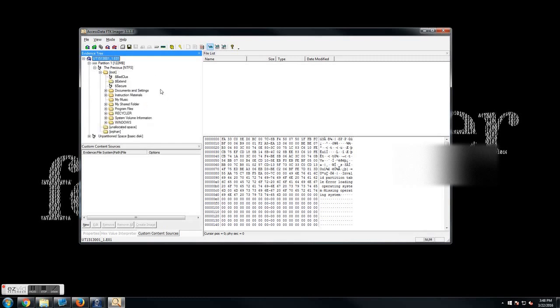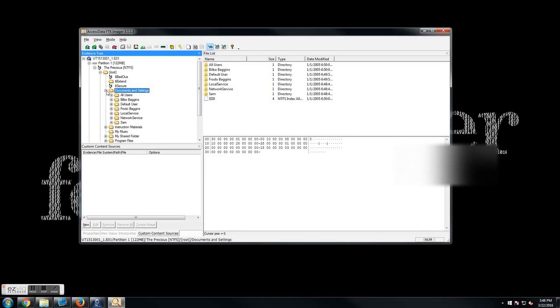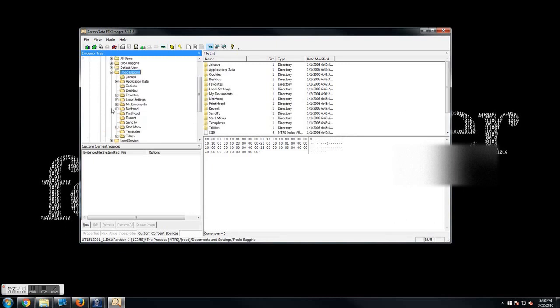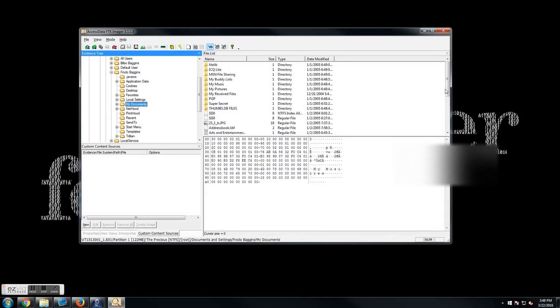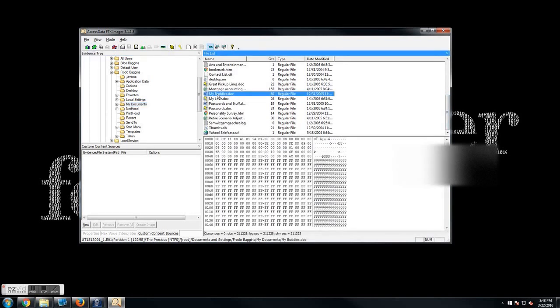If we open up the tree, it's just as if we have opened it up in our Windows Explorer and we're able to start going through the folders. Let's go into these documents here. Okay. So we can see there's a whole bunch of files in here. You know, we got some Excel spreadsheets, some Word documents. If we click on these, though, you just see a whole bunch of